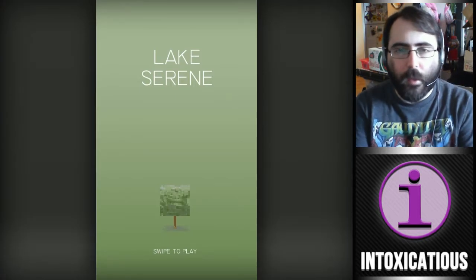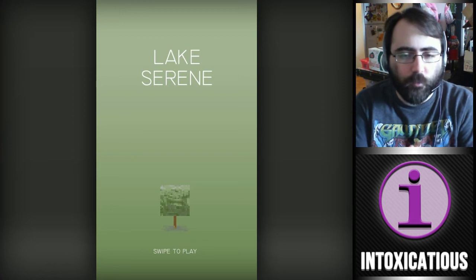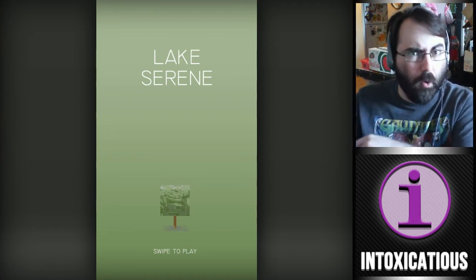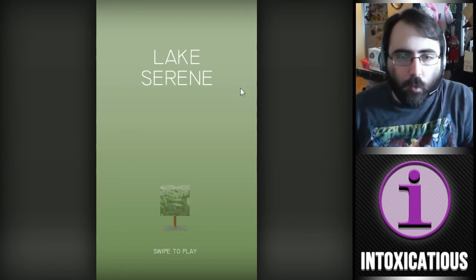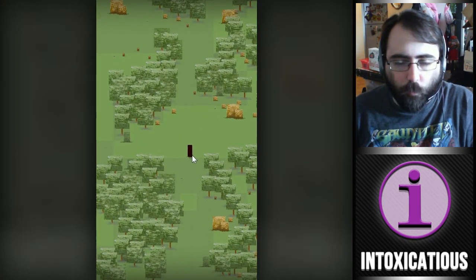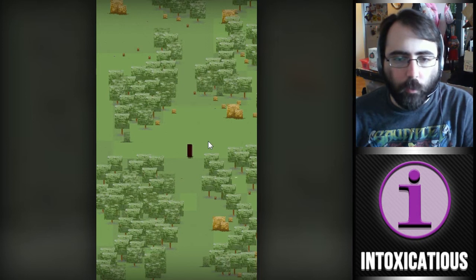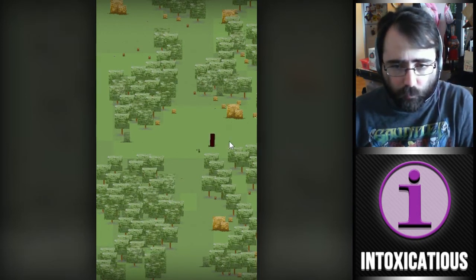Okay, so here's the game. I think it's supposed to be for like a phone type situation, because it says swipe to play, and it's, as you can see, tall instead of long and wide. But anyway, okay, so Lake Serene. So you kind of just, there's my little dude for what it's worth, and you click and hold, which would be your finger on a phone, to move this jittery thing around. But as you move, you'll see